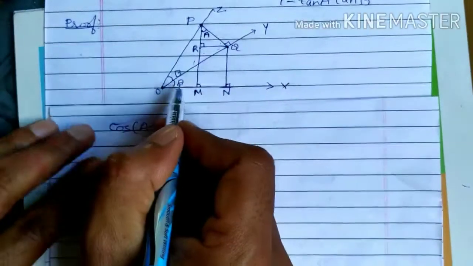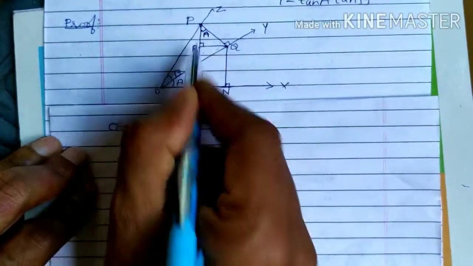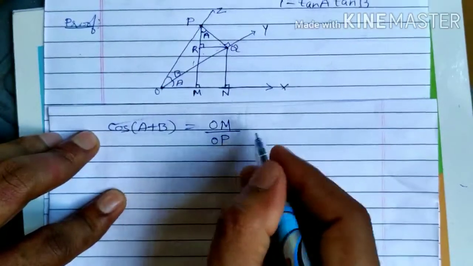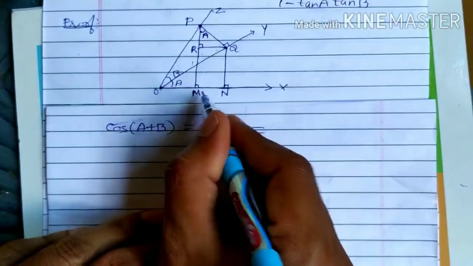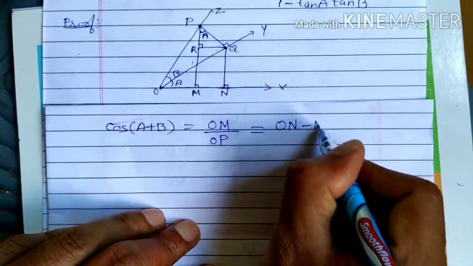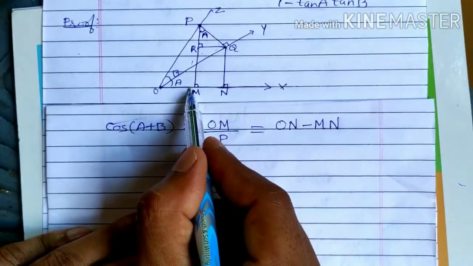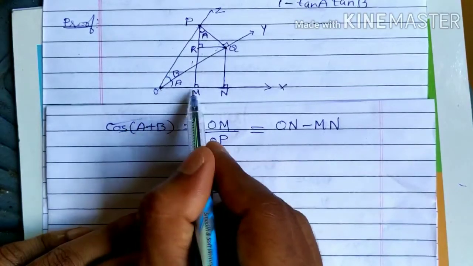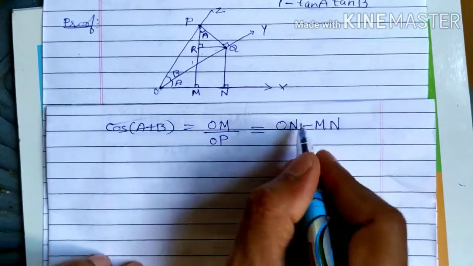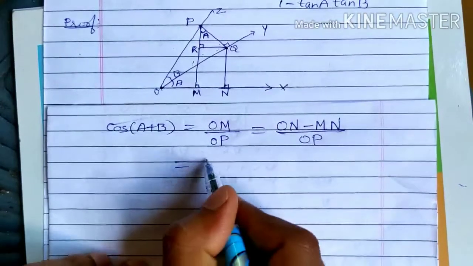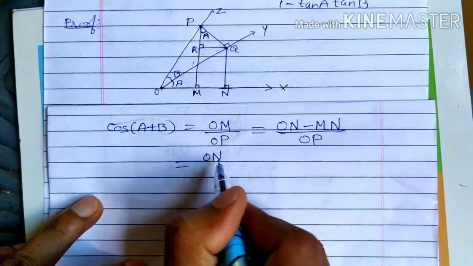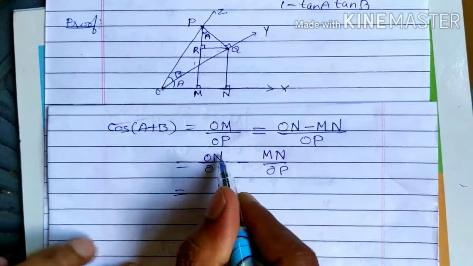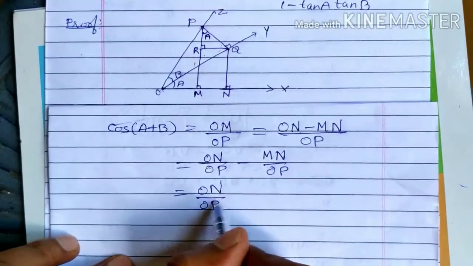If you consider cos A plus B here using triangle OMP, the same triangle, adjacent by hypotenuse is OM by OP. OM is nothing but ON minus MN. So in ON, if I subtract MN, the remaining will be OM. So that is what I have written here, divided by OP, and that is equal to ON divided by OP minus MN divided by OP. That is equal to ON divided by OP, as it is, minus MN